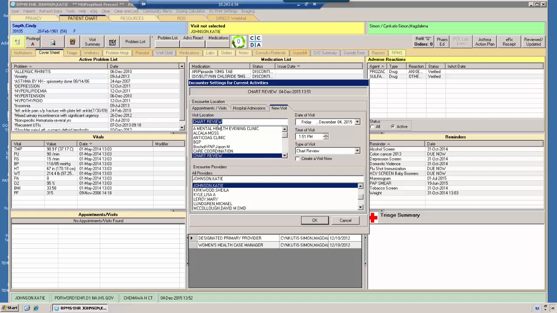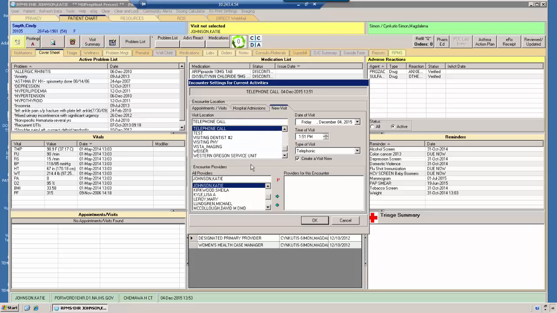So you would find chart review here, or the other very common one might be telephone call. The patient called you, you discussed something, and you wanted to make a little note in the chart, something like that. So chart review and telephone call are the common ones here. You can click the Create a Visit Now box. Choose yourself as provider either by double-clicking on your name or by using the arrow to move yourself under the